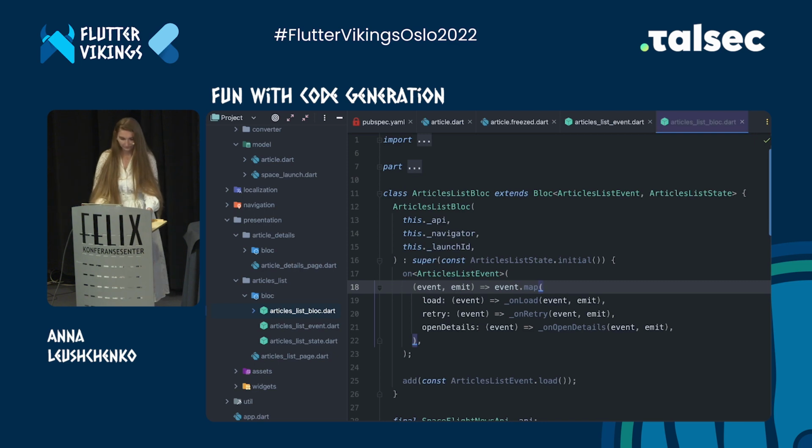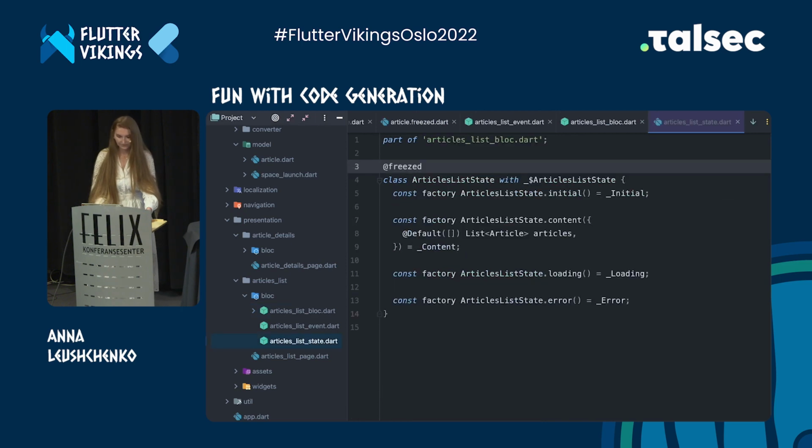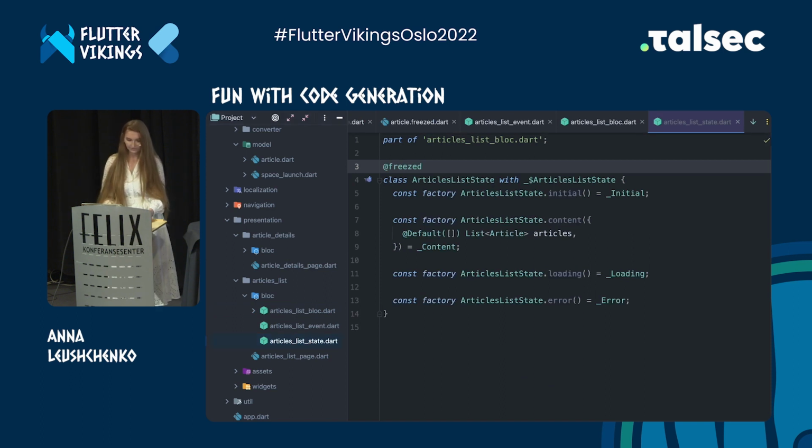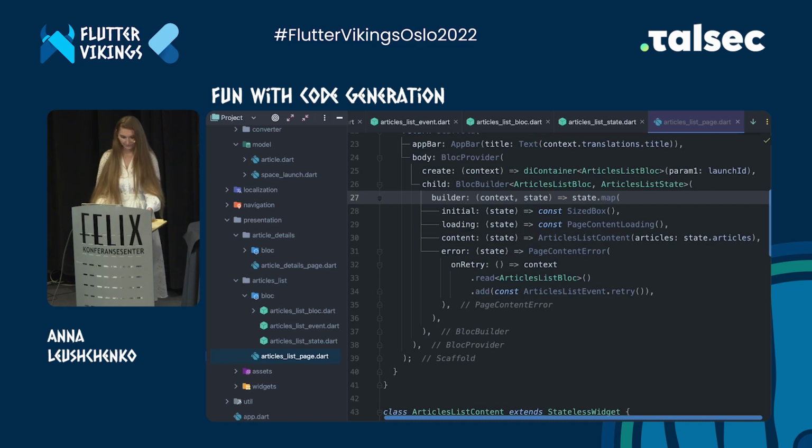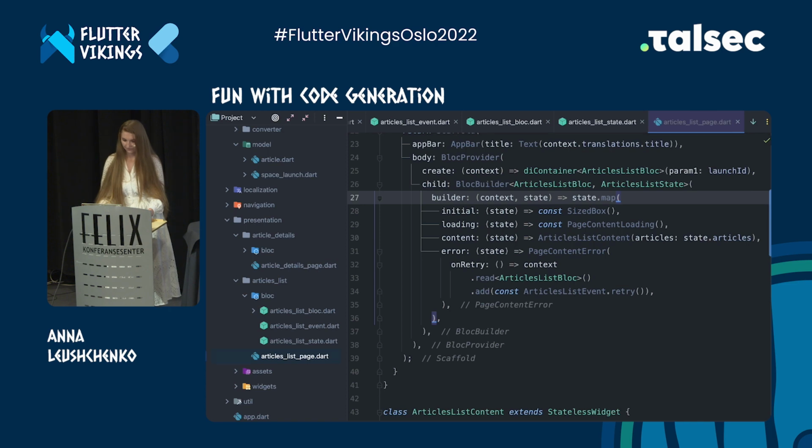The usage of this map method ensures there are compilation errors if not all event subtypes are handled by bloc. And the same applies to the state. It is also refactored to be a Freezed union, while the previous class hierarchy is preserved. Here, the same map method is used. It ensures that all state subtypes have a corresponding widget displayed. Freezed package has more capabilities like providing default values to fields, returning lists by default, more pattern matching methods, and others. Check out the docs on pub.dev.